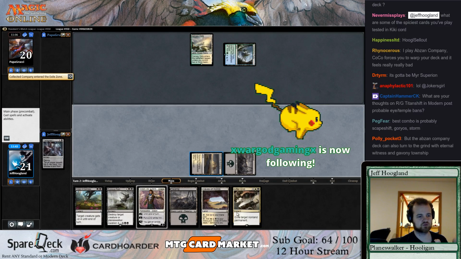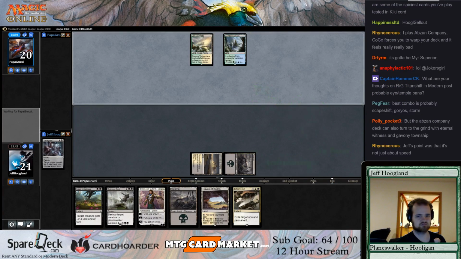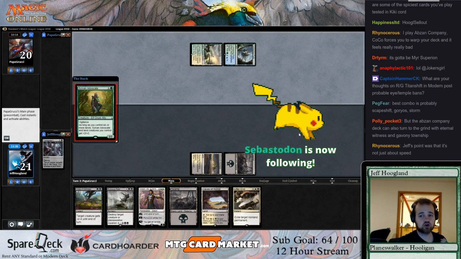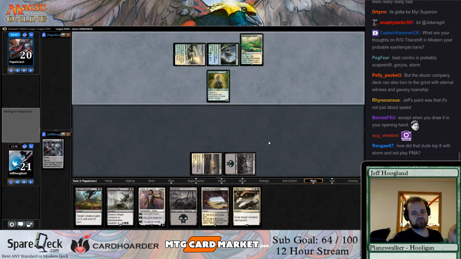So his hand's awkward, too. He's just fetching another tapped land next turn and then playing a 2-drop. Sure, but if your point is to grind, I think Kiki's better at grinding. I haven't tested...